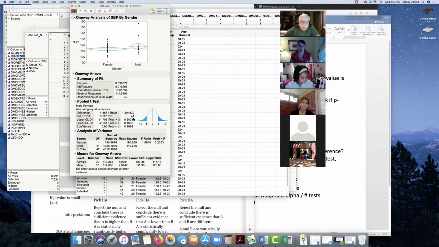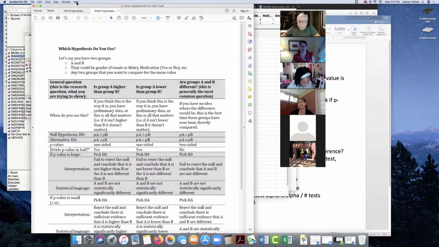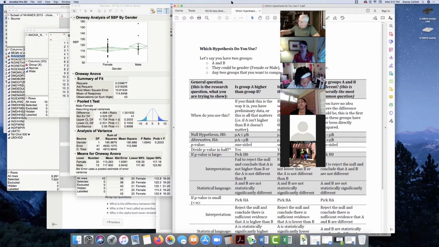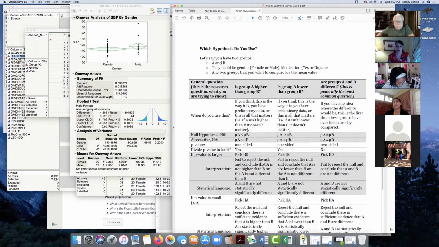That's your null. If your null hypothesis is less than or equal to, I don't know if you guys noticed, but if you leave your mouse hovering over, JMP will give you some little info. If your null hypothesis is less than or equal to, then this is your alternative hypothesis, greater than, and you can report this p-value. And if your null hypothesis was greater than or equal to, then this is your alternative of less than, and you can report that p-value. And so when you look at this sheet right here, these make sense.